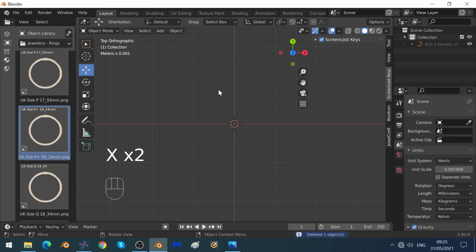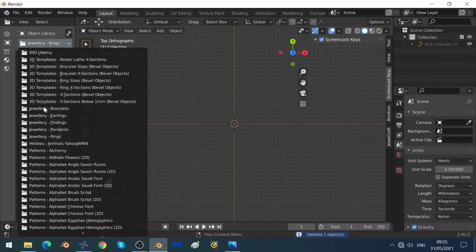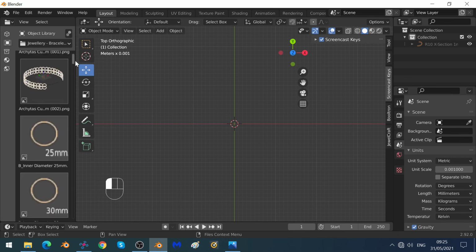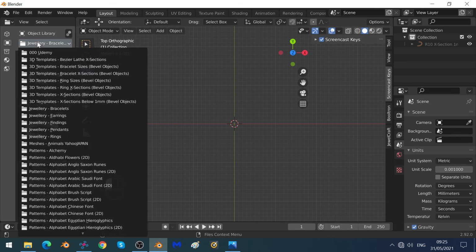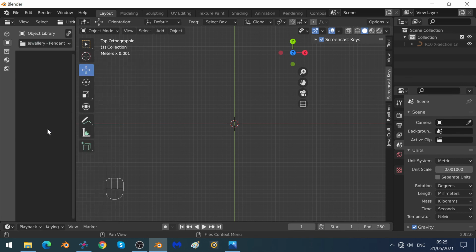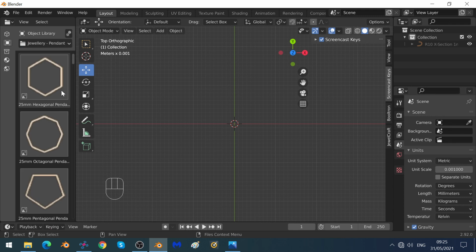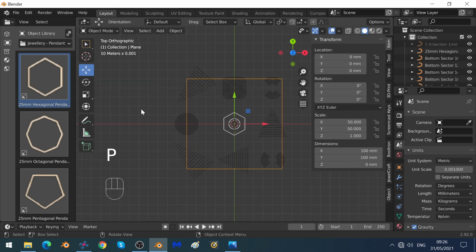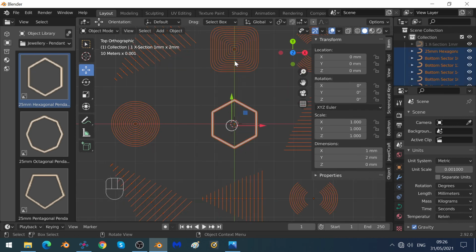In terms of bracelets, what you could do is, if you go to jewelry bracelets, what you could do is a little bit like you did in the last exercise. And actually they're not under bracelets, the objects. You'll need to go to the pendants or the earrings one. I know I'm telling you to design a bracelet, but if you select one of these objects like you did in the last assignment, if you drag and drop that onto the workspace, click outside of the box,